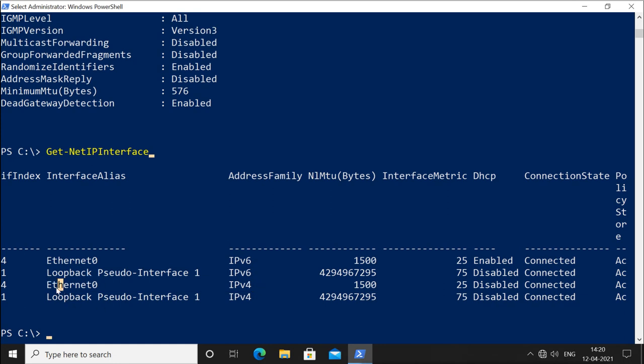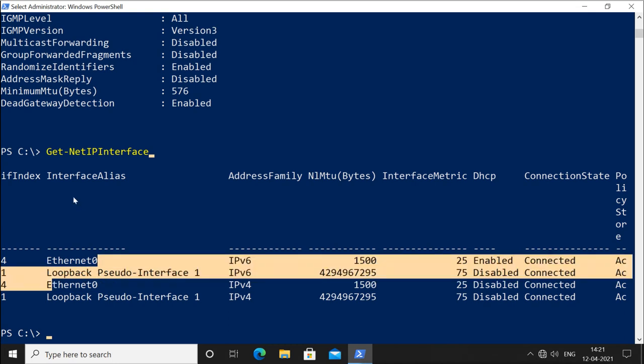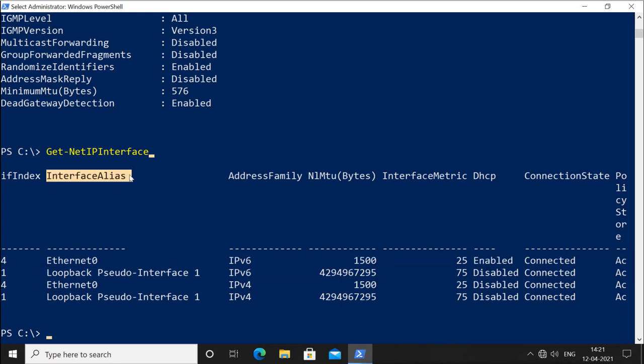For IPv6 we can use the same name, and these are the loopback virtual interfaces for IPv6 and IPv4. I want to configure this interface, so we have to remember the name of the interface. This is the interface alias which I want to configure.